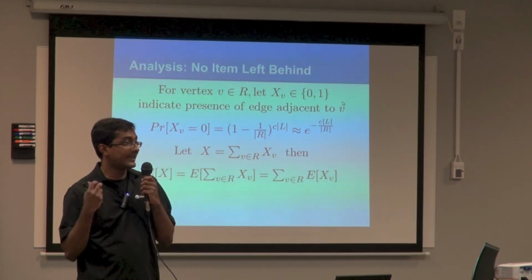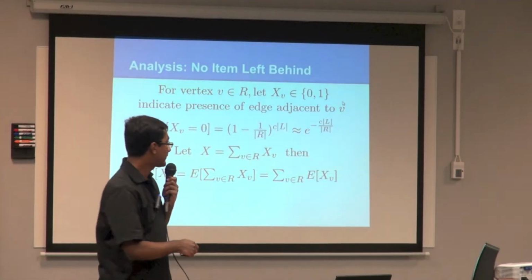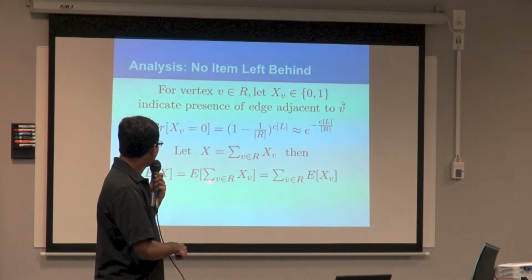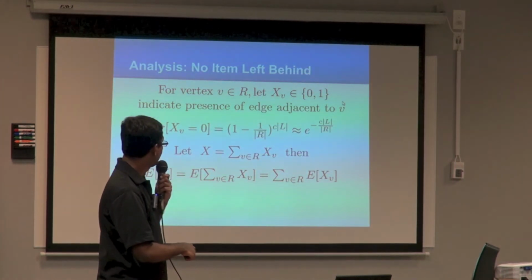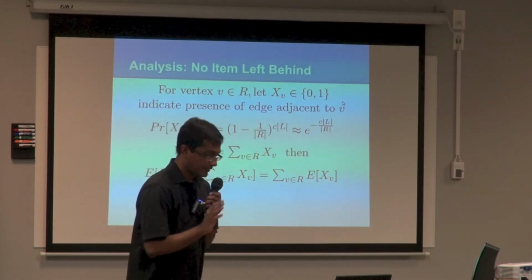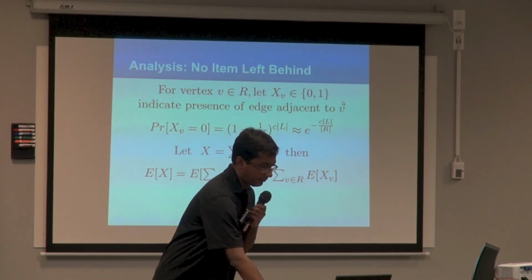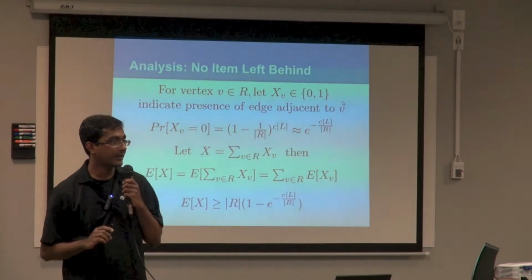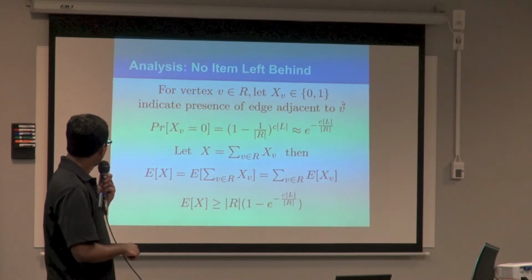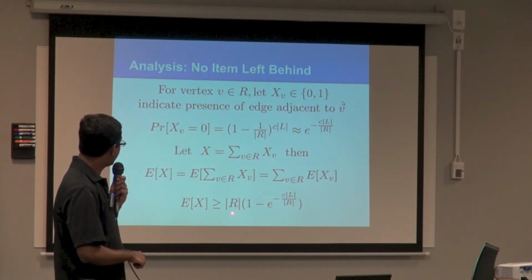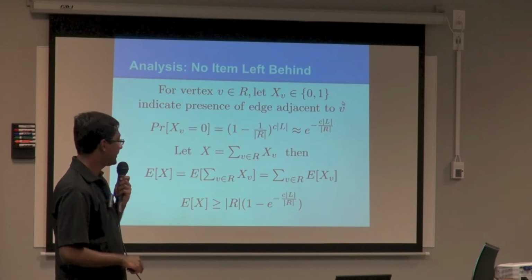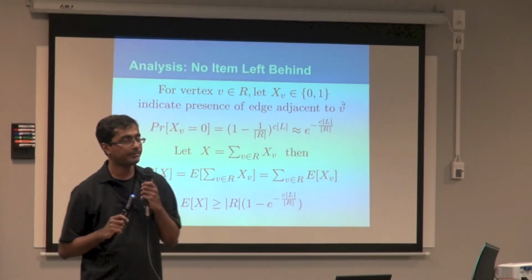Now what we want is the expected number of recommended videos, which is E[X]. That is E of the summation of X_v, which is the summation of E[X_v], by linearity of expectation. It doesn't matter so much, but here's the last part that we need some attention: E[X], the number of recommended videos, is the cardinality of R times (1 minus e^(-CL/R)). Okay, so let's parse that a little bit.